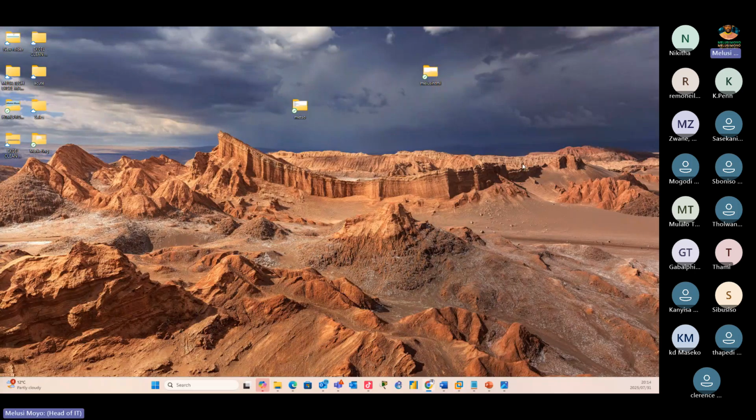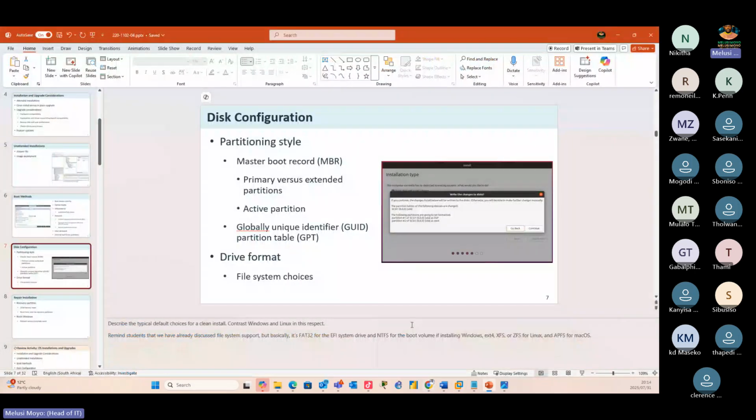Okay, where was I? All right, so we were looking at the master boot record. We said the MBR is one of the partitioning styles, and we know what partitioning is. It's just like creating different shelves for different files within your hard drive. So the MBR, master boot record, what you need to know mainly for your CompTIA A+ is